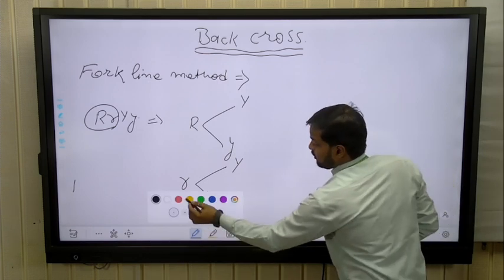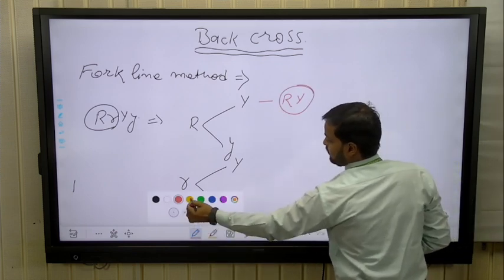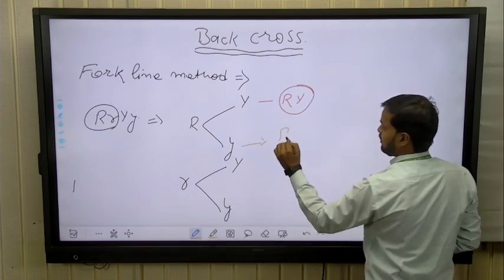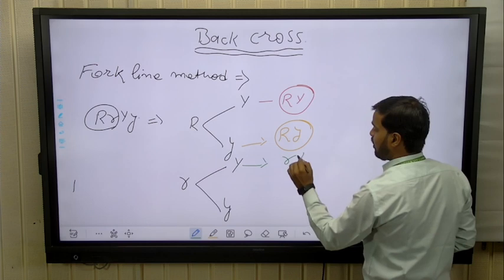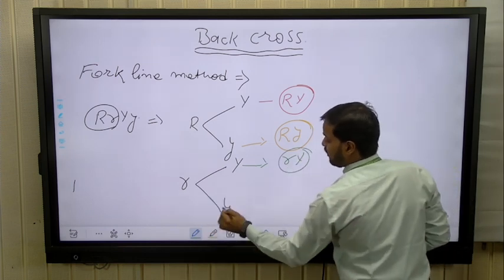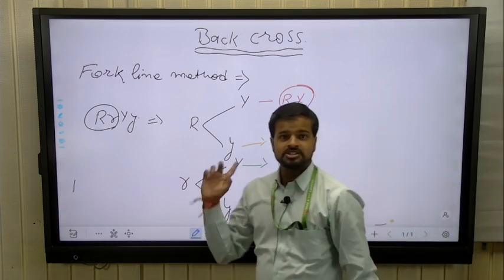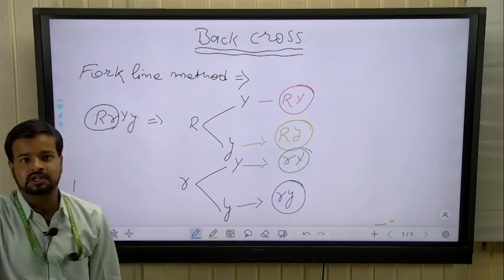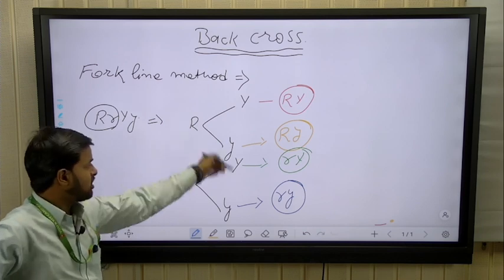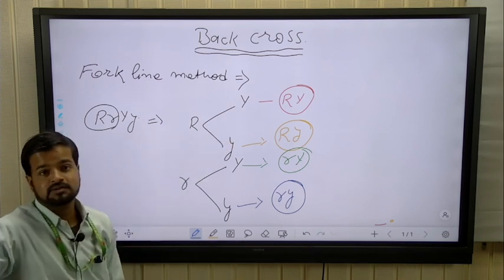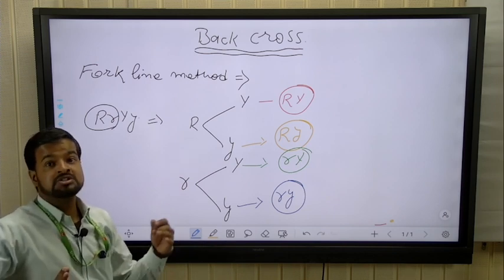And after that we obtain the results, that is the gametes: capital R, capital Y; capital R, small y; small r, capital Y; and small r, small y. That means it is right according to our trick, according to our genetic ratio. When we use this type of genetic composition, we obtain a total of 4 gametes. It is clear? That means this trick works properly when we use it properly.